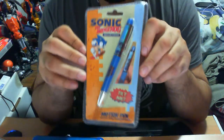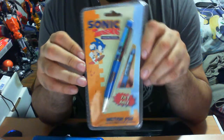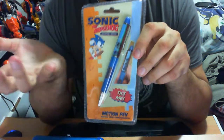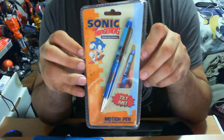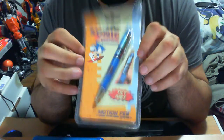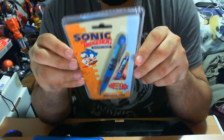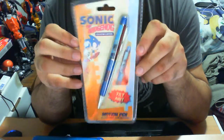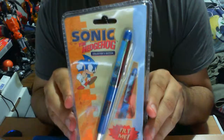I'm going to go out on a limb and say it probably will be quite sought after in mint condition eventually in the future, but at the current time I don't think so. It's exceptionally common. I could find this practically everywhere: Amazon, eBay. I even think I saw this in one of my retail stores here in Australia, so that's always an awesome plus. But let's go to the nitty gritty of the packaging itself,